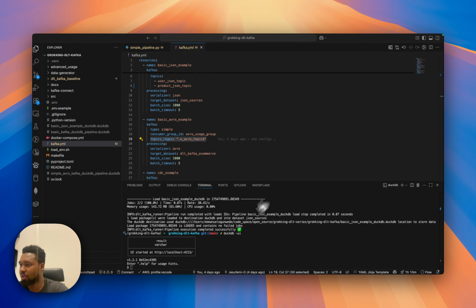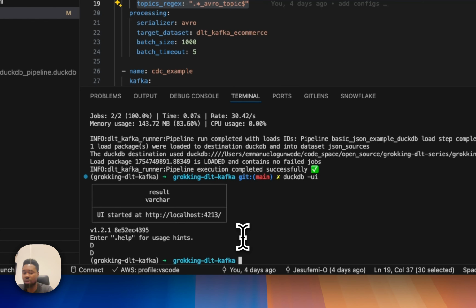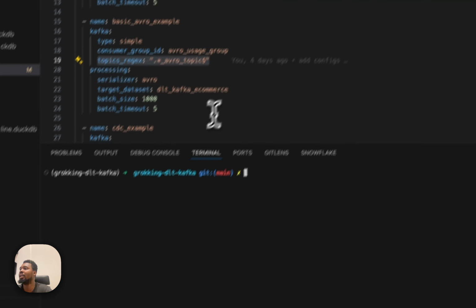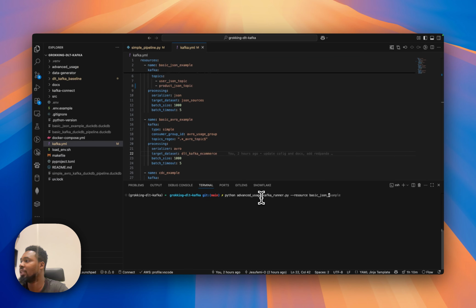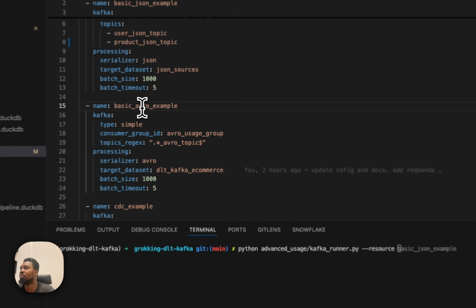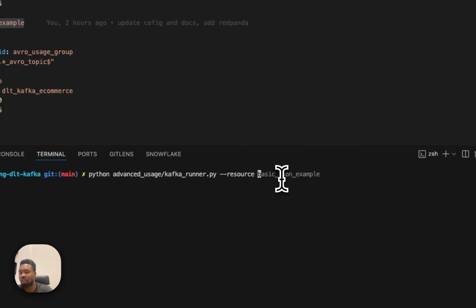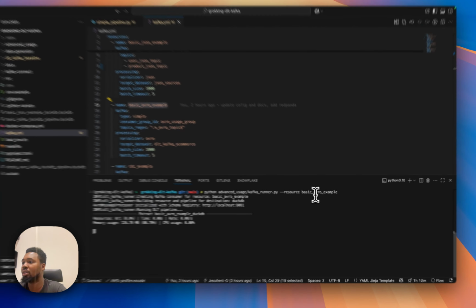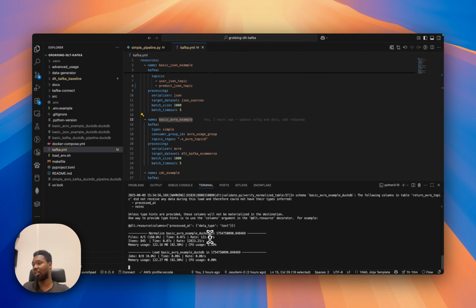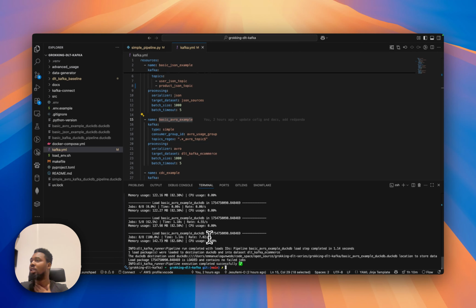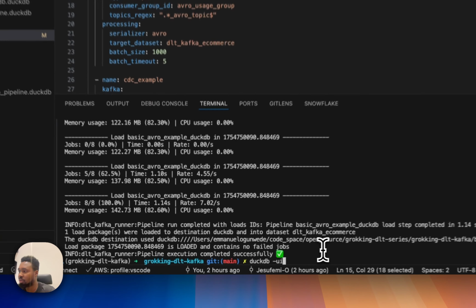So we're going to come back here, kill this, clear, and then run our pipeline for that particular resource, which is the basic Avro example that has a regex pattern, and then we run it, and boom. It should discover all of the topics that match that particular pattern. It should write it into a dataset called dlt-kafka commas, and so if we do DuckDB UI, the pipeline should be basic Avro example DuckDB. So if we run this,